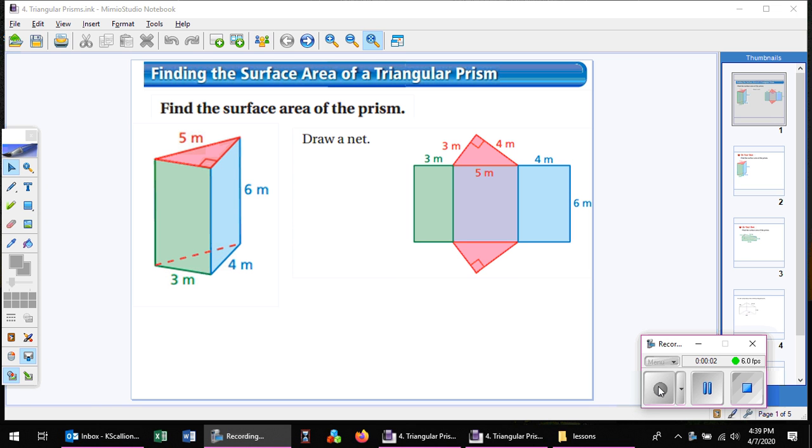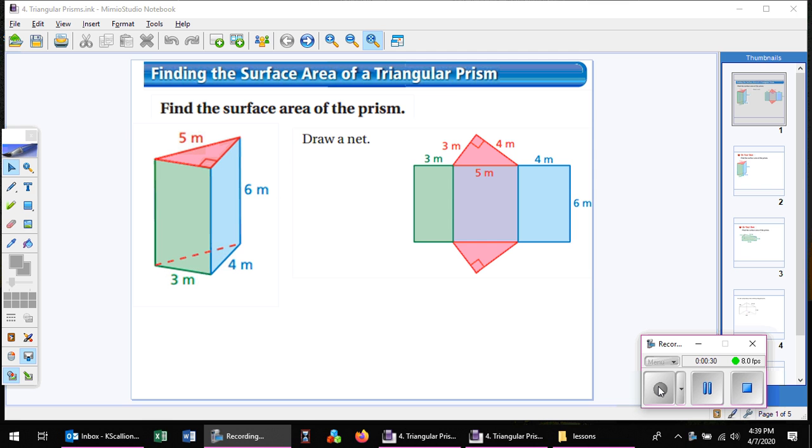Hi, folks. There were some questions about the surface area of a triangular prism. Remember that surface area is like the wrapping paper that goes over a present. It's like the paint you put on a wall. It's the outside of the object. Although it's a three-dimensional object, and we usually talk about volume, we're actually going to unfold a three-dimensional